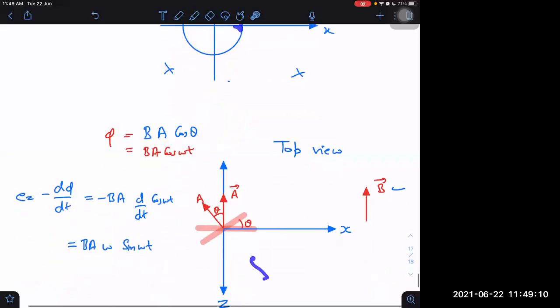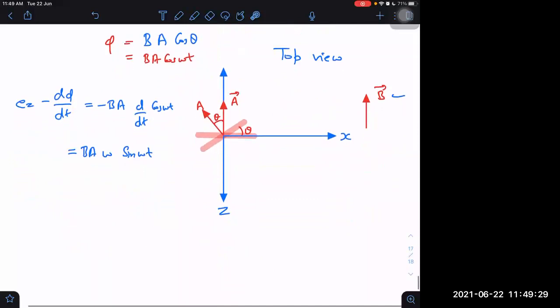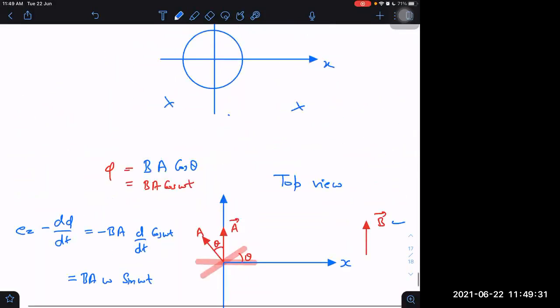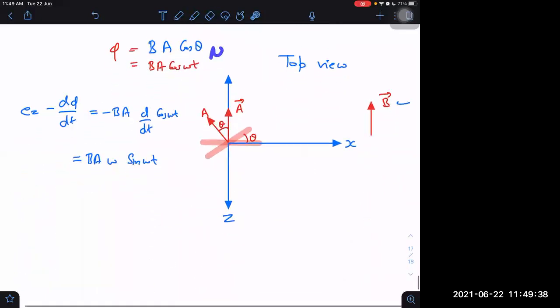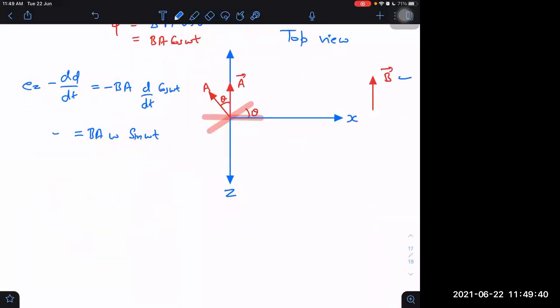So if I look from this side, then it should be clockwise. If I look from the top side, the current should be going towards this side, and from below it should be returning back and coming like this. That is happening here. So we know how the EMF is induced and what is the value of that. If there are n number of turns, I am taking a single turn, what would happen to it? N times it will be. So we have come to know about this also.